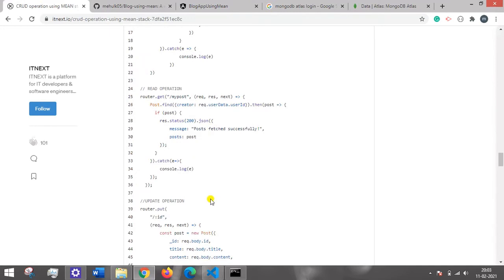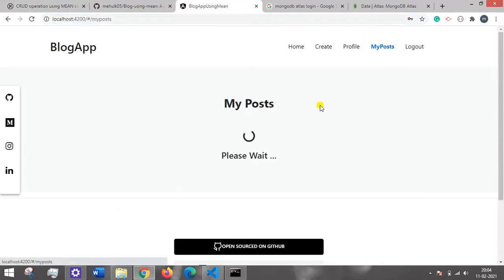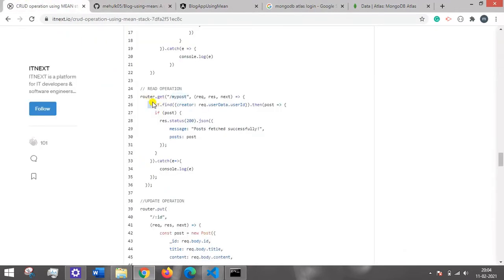Similarly, we have a get request to read our data. So post.get request, this is a particular route we are expecting from the front end, and then it will go to this post.find. So we are finding the data. It is a particular request for a particular user. So whenever I am coming to my post only, then only this function will be called. Post.find is a method to read the database, and we are mentioning one condition, that creator should be